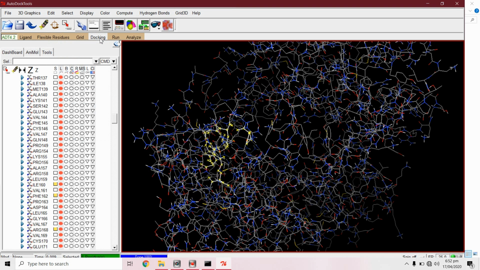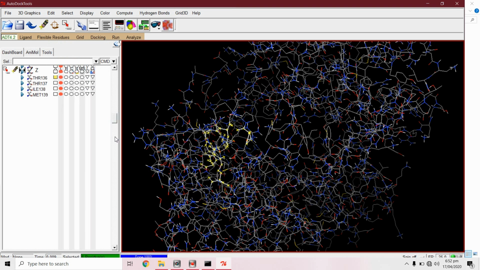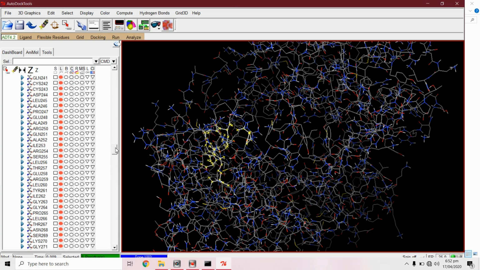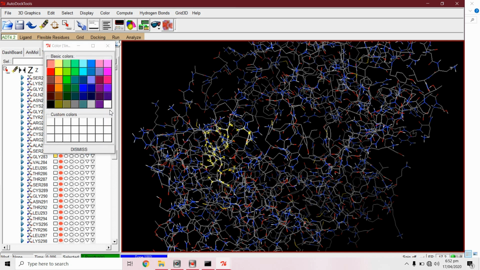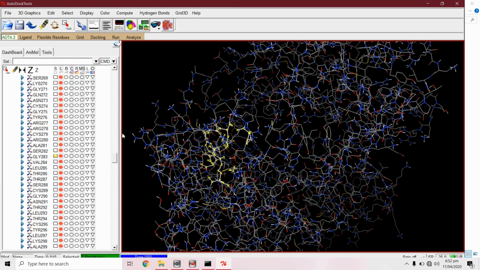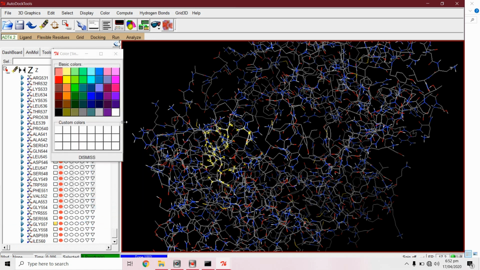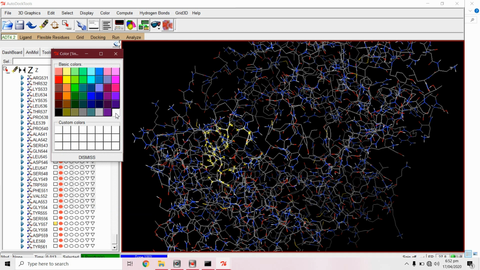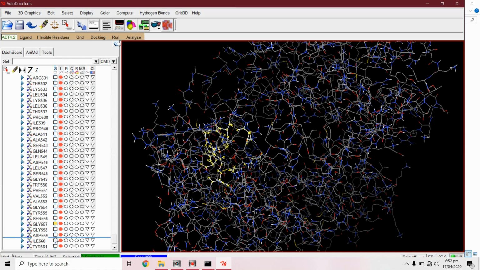Then glycine 283 and 557. And aspartate 559.